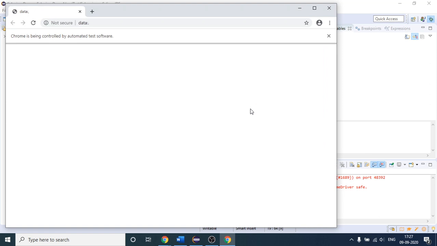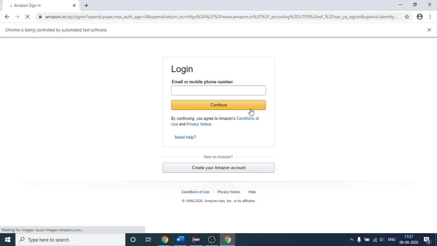It will again maximize, as you can see. After a few seconds it will maximize. So you can see the site is still loading.